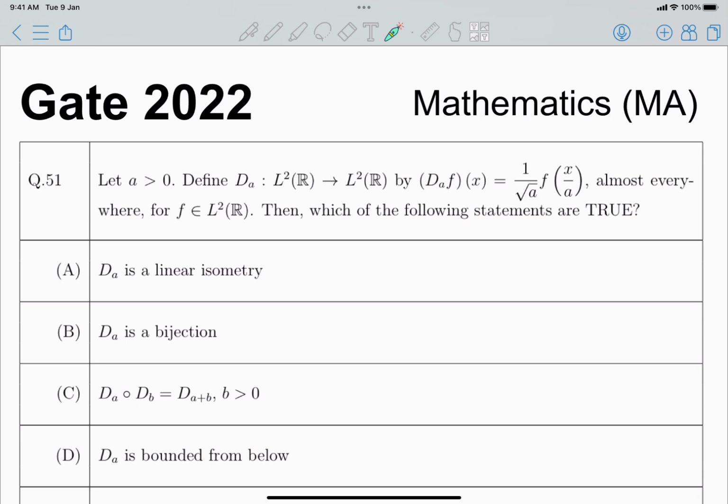Okay, so today we'll solve a GATE 2022 question. This is a question from functional analysis. This is question number 51. So what it is saying, let A bigger than 0 and dA is a linear operator from L2 of